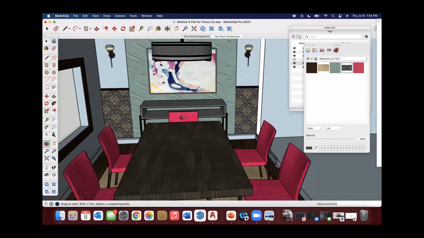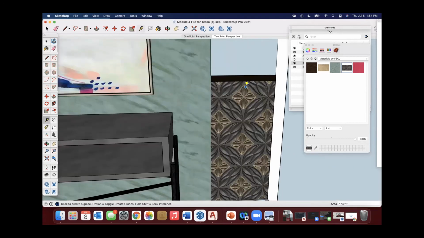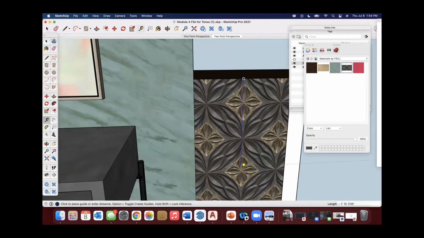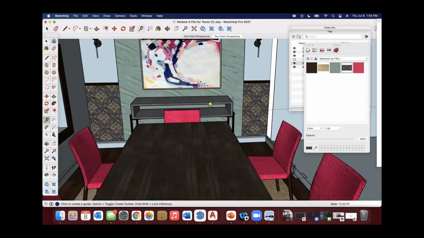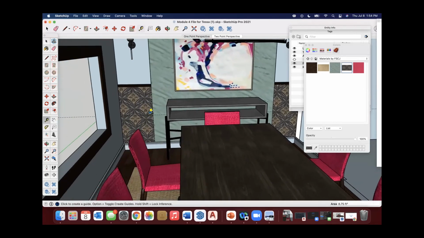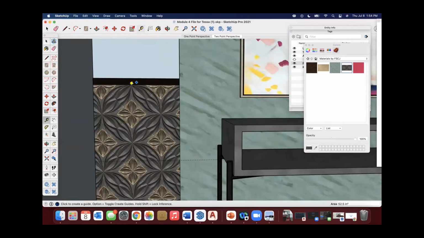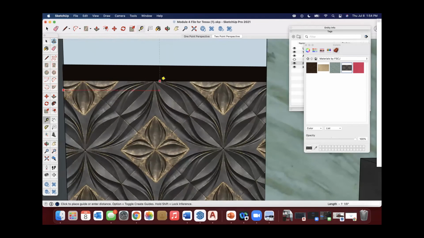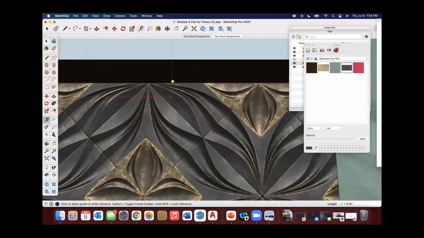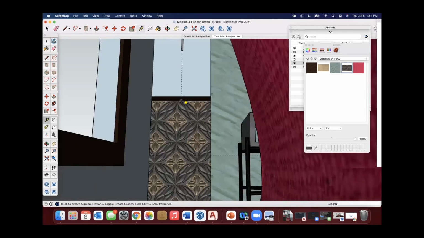Here's the thing, I can play with this, and if I wanted to, I could draw a guide to right about that middle point, because then I could use that as a visual guide to reference. I'm making sure I'm actually grabbing it. There we go. There's my mid.